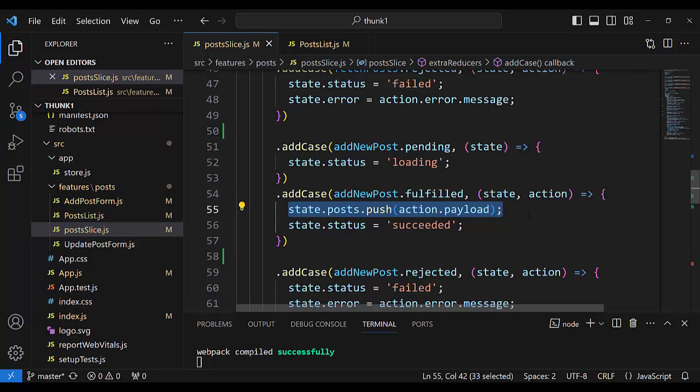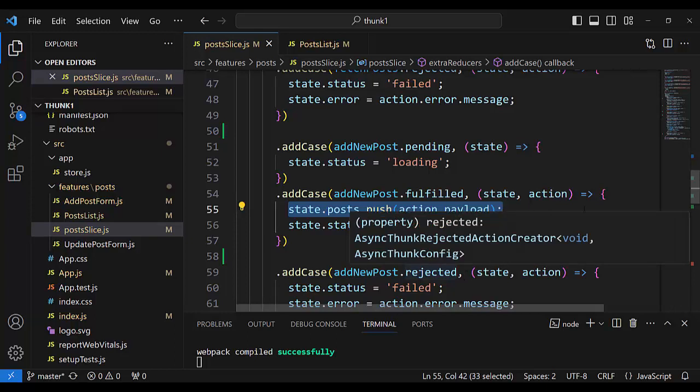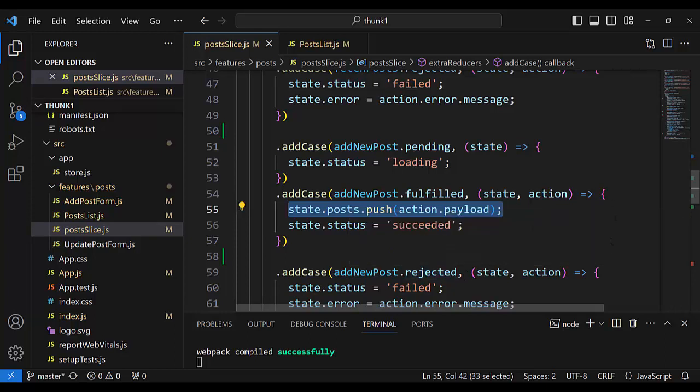Now it is fulfilled of add new post, and that one post goes to the reducer, dispatched to the reducer, and pushed to the existing state in our browser, and immediately now we have a new state. It means an array with one post more. It is a new state, and status is succeeded. It means again we have the map method on that array, and the new complete list